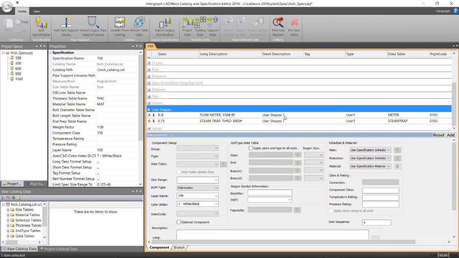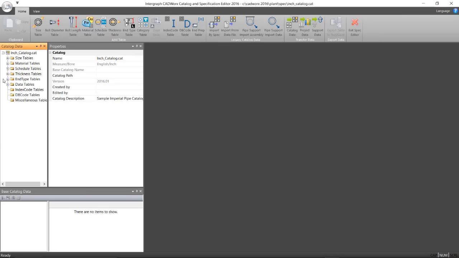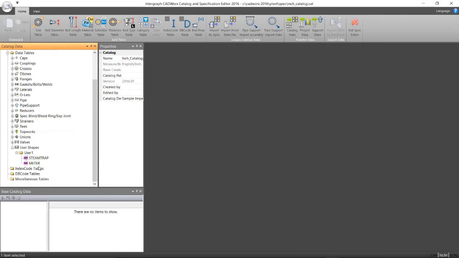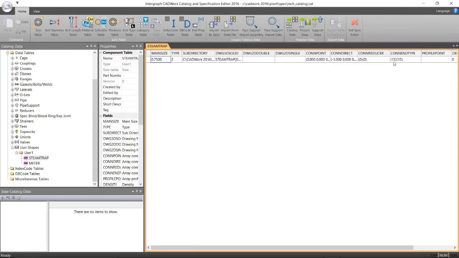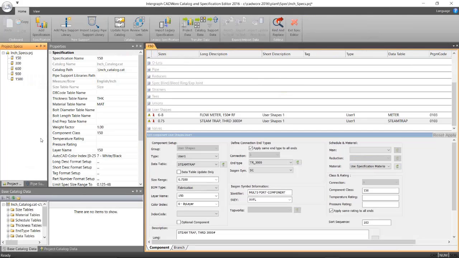So under user shapes, here are our user shapes that we've built thus far. There's the steam trap, and because we sent it to the catalog, we can also open the base catalog and say go to data tables under user shapes, and it created this table here. So we do not have to recreate this user shape every time we have to use it. Now that it has been pushed to the catalog, it can be added to any spec just by